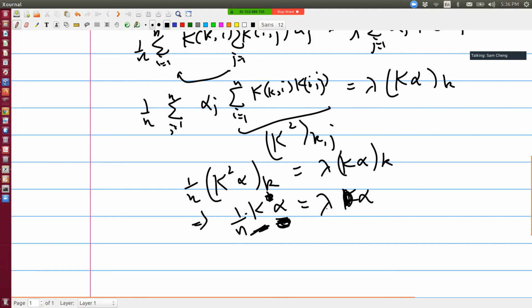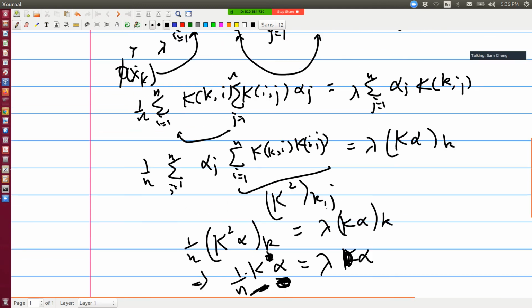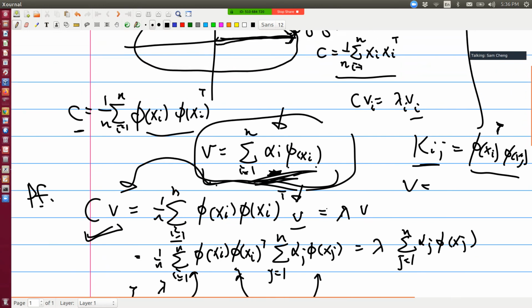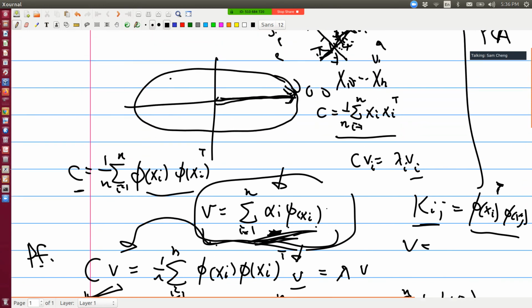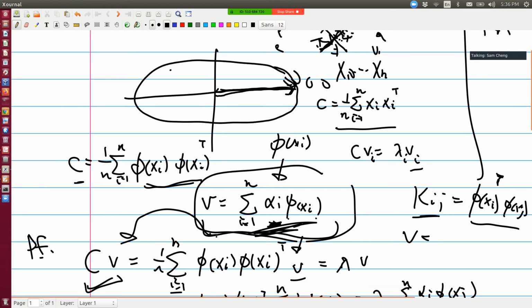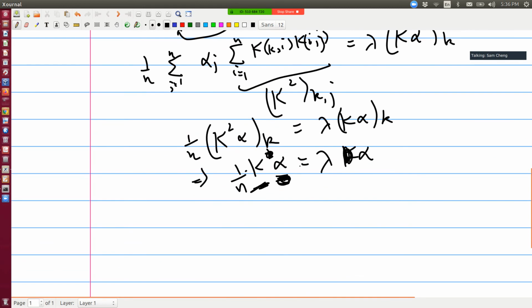And I guess I'll give one final remark here. If you look at the beginning, we are assuming that things are zero mean, because we are assuming phi(xi) is zero mean. But it's kind of difficult to make it zero mean. I mean, it's basically impossible to assume zero mean to begin with. But luckily, what we can do is